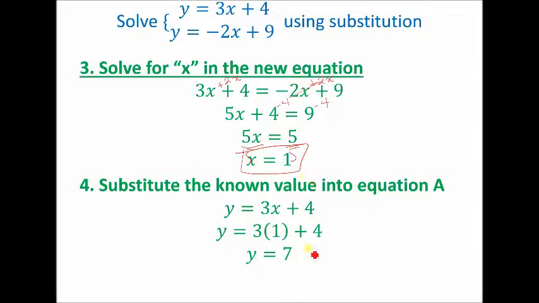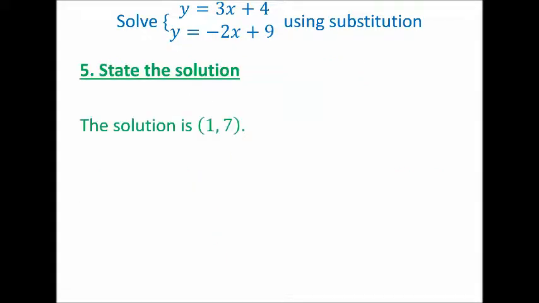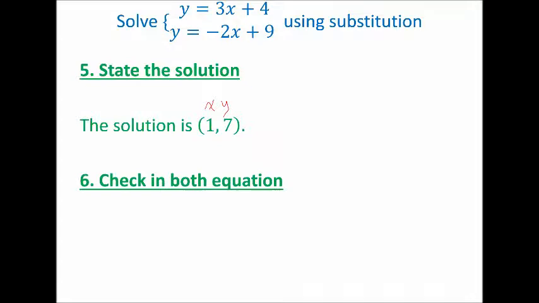So once you get these two values, you need to clearly state your conclusion. So therefore the solution is (1, 7), because it's always x followed by y. I can do this final step, which is checking in both equations. So if I put 7 in for y